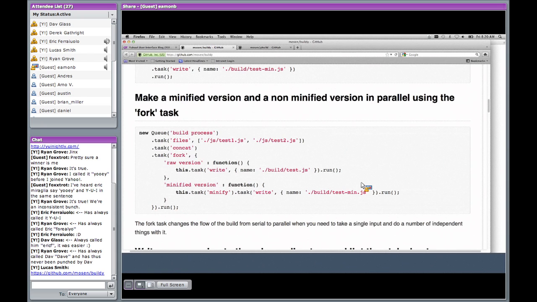That's great. I love the really concise API that makes it very clear what's going on, and it all happens in very little code. One thing. Yeah. Sorry. I was just going to mention one thing I saw in there that was interesting was the template task, and that you'd chosen to use handlebars. And maybe if you want to talk about that at some point too. Cool. Yeah, sure.